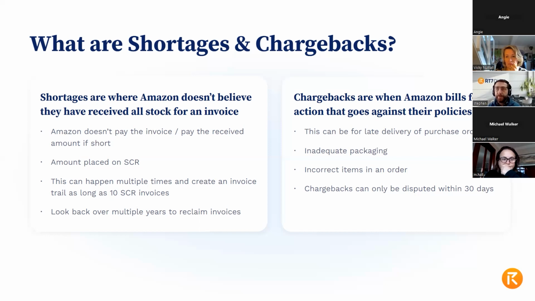And then with chargebacks, the main thing to be aware of is that the main aim is not the dispute point, it's the prevention point. There are a number of things that they bill for, and there are always going to be chargebacks on an account. I've seen a large number of vendor accounts, and it's pretty much impossible to go an entire year with zero chargebacks. At some point, you're going to have a mistake.